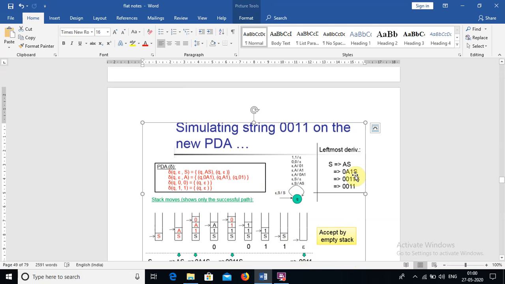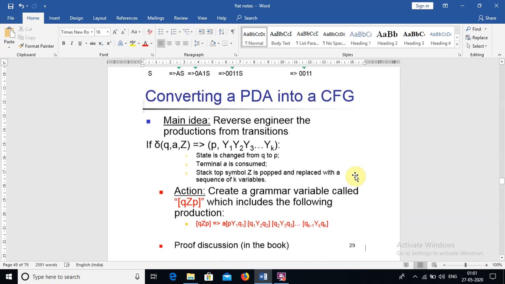So what we did, we constructed a PDA from the grammar, okay. So now the task is how to convert a PDA into a grammar. This is a very difficult concept to understand. It is reverse engineering. You know in the subject software engineering, there is one topic, reverse engineering. So from CFG to PDA we go forward engineering. Now we go in reverse, which is called reverse engineering. So we can construct the productions from the transitions, okay.